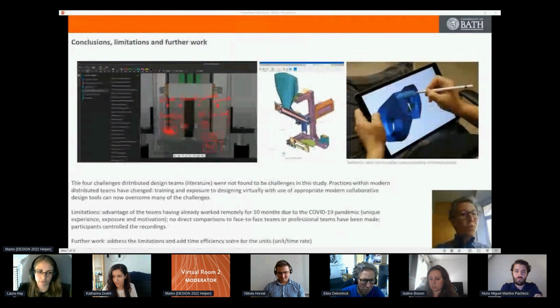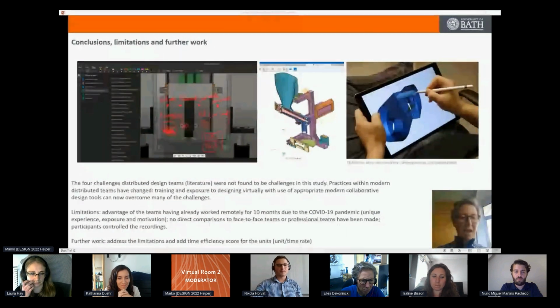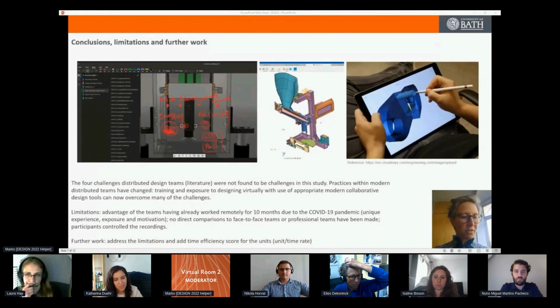Now, a few words about conclusions, limitations, and further work. The 4 challenges that we found in the literature on distributed design teams were not really found to be challenges in this particular study. Practices within modern distributed teams have changed. Training and exposure to designing virtually and the use of appropriate collaborative design tools can now overcome many of these